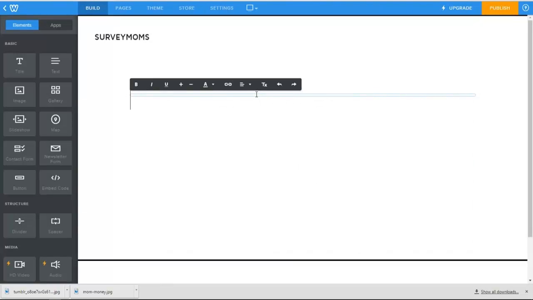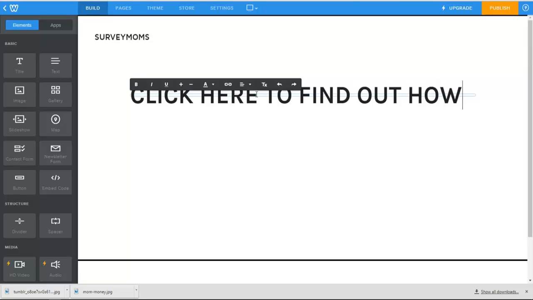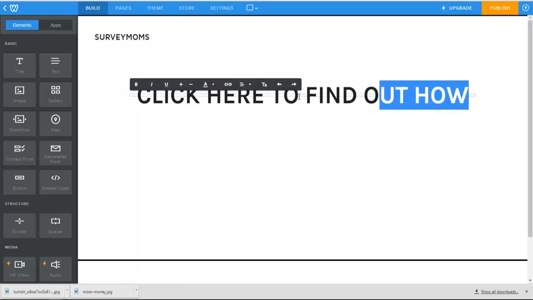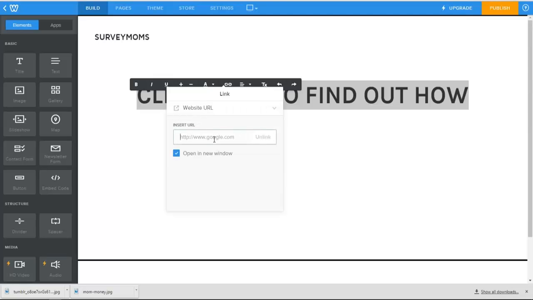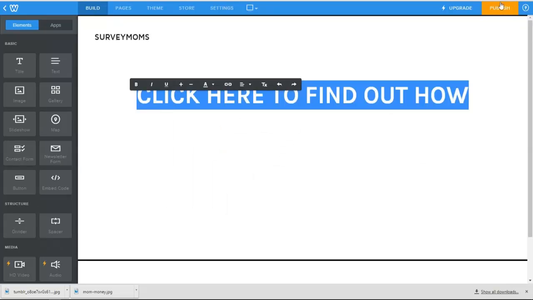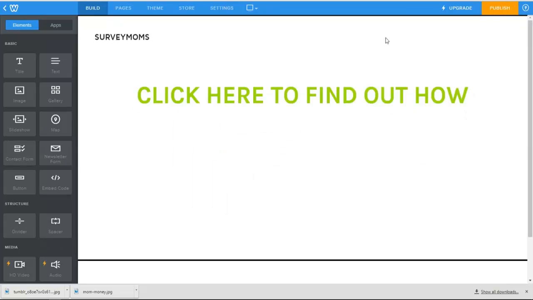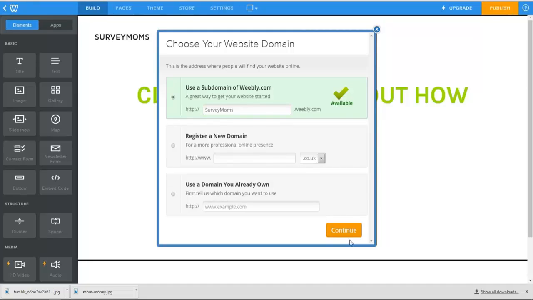Click here to edit. Click here to find out how. Then what I'm going to do is make that central, highlight it, website URL, and here I'm going to copy in our Max Bounty link. It's going to open in a new window. I just want it to open in the same window, and that's basically all we need to do. I'm going to click publish,